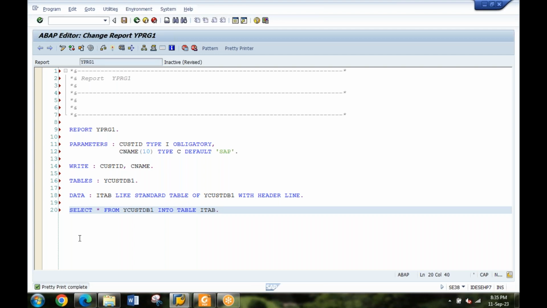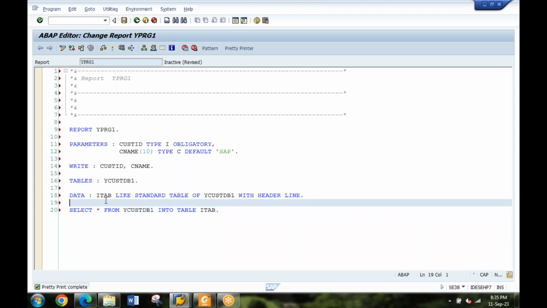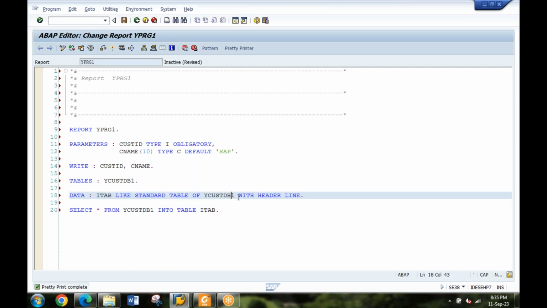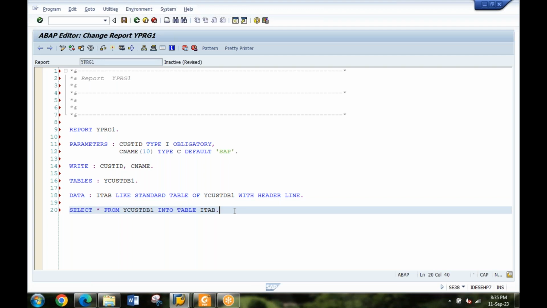So what I have done, I've created an object here corresponding to my database table. Then select star means it will fetch everything from the database table into the object which I have created corresponding to the database table.